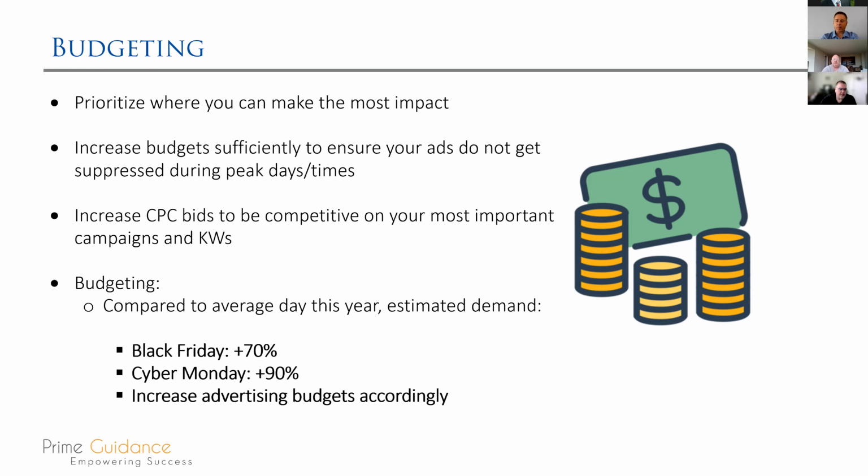I know we discussed it in the past too, but also in Campaign Manager, there's actually a budget tab above where you've got management drafts, and now you've got budget and targeting. You can go look at your budgets and set some timeframes and look at campaigns that have run out of budget, and Amazon will try to give you estimations of how much sales you're missing by those budgets running out before the end of the day.